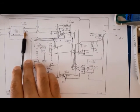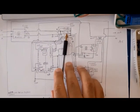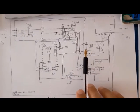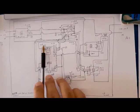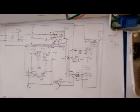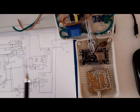And in the output of this power supply we have plus 5 volt DC, and this voltage goes through the control panel for distributing all the voltage and all the ground lines to support all of these modules. And you can see we have an ESP that has a Wi-Fi module, and we have a CH340 chip, this one that is on board. This includes the ESP module, and